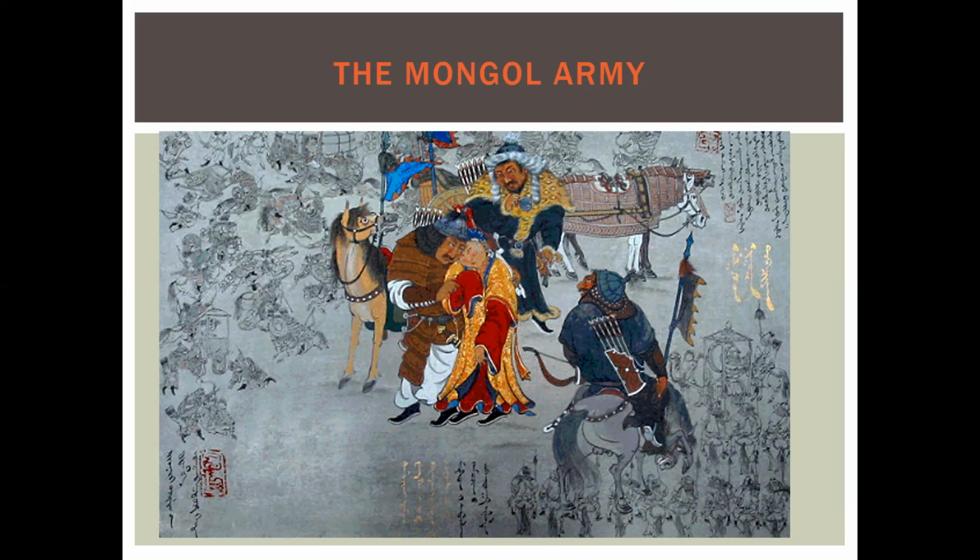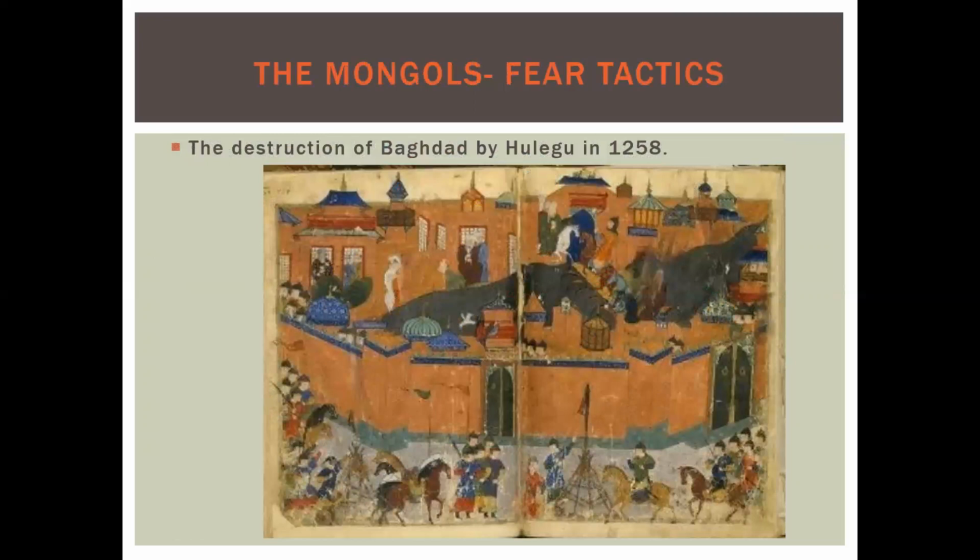And they took advantage of this. They also had an incredible herd of horses. Each Mongol warrior had 4 or 5 or 6 horses at their disposal, so they could ride multiple horses in a day at full speed. And the Mongols also were so successful because they were absolutely savage to their enemies. They used fear and intimidation to conquer.